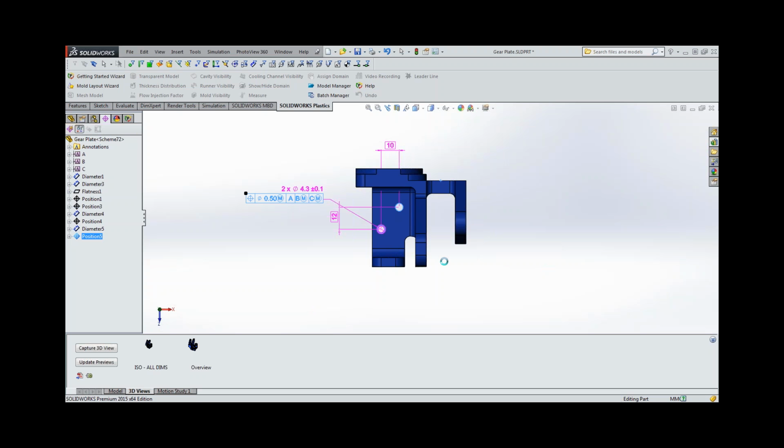Hope everybody can hear me properly, everybody can see it clearly. Okay, so you can see I've just made use of this position and I've created these two basic dimensions. I'm just going to orient it properly. Okay, waiting for those dimensions to be added properly there. Once it's done,